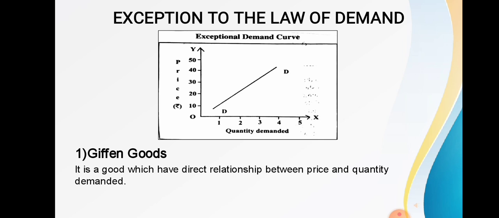What is a Giffen good? Certain inferior goods are called Giffen goods. When the price of such a good falls, quite often less quantity will be purchased than before because of the negative income effect. People increasingly prefer the superior commodity. This behavior is known as Giffen's paradox. Thus, Giffen goods are inferior goods which have a direct relationship between the price and the quantity demanded. In this case, the demand curve slopes upward from left to right, as shown in the above diagram.